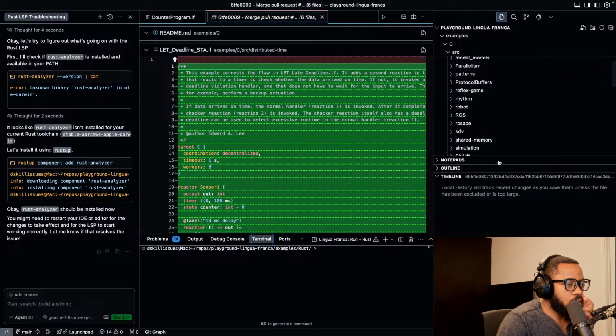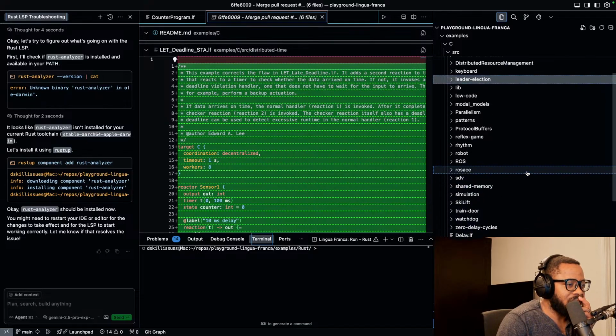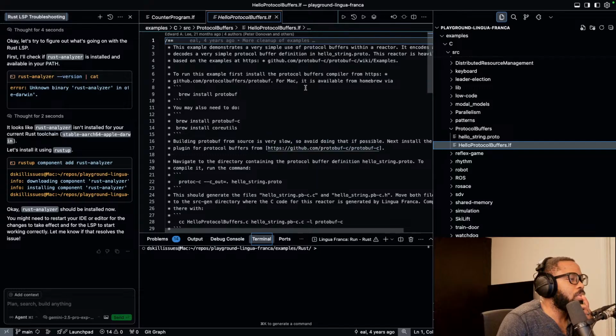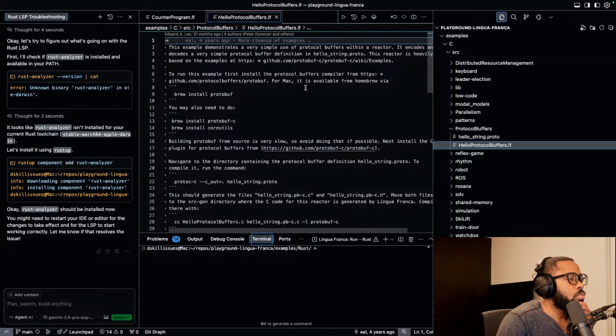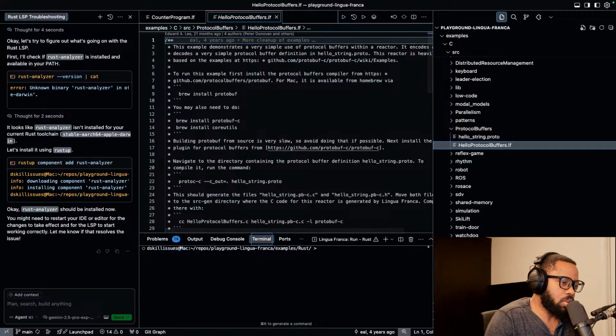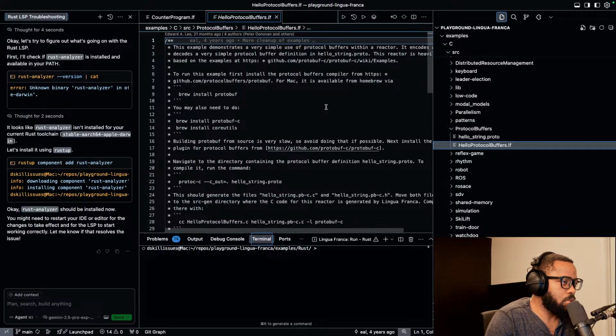Oh wow, they have a lot more examples in C than other languages, which is fine. This example demonstrates, well, I'm just realizing that, well, I guess not just now, but in general.